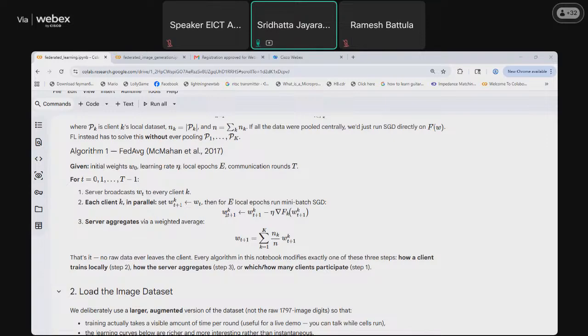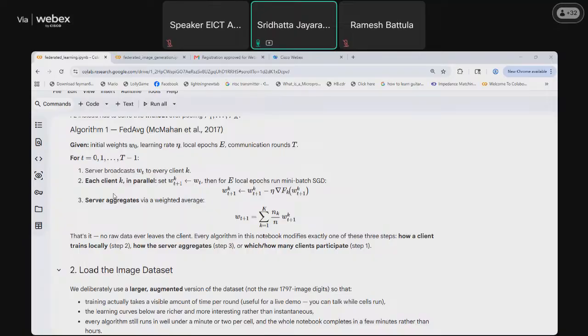to the server. Then the server gets all the weights from the clients, which is K different weights. These weights are averaged, and the average weights are updated to the weights of the server.